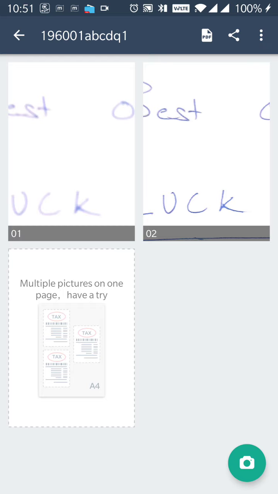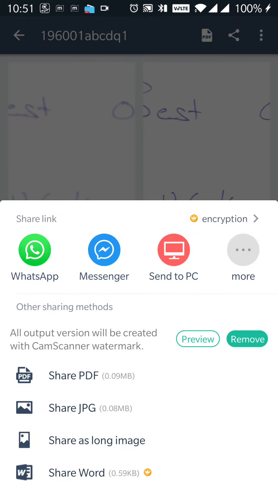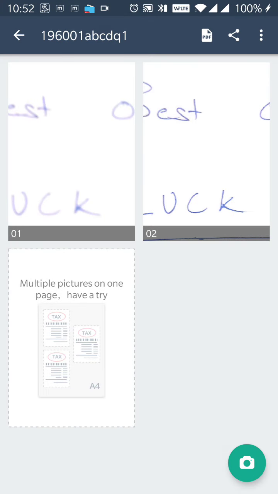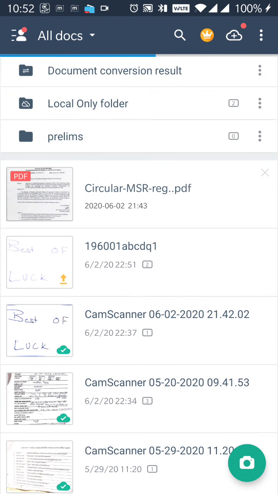Click on the share button. Click on more button. Sorry, generating the link. Okay, it's uploading into the cloud.